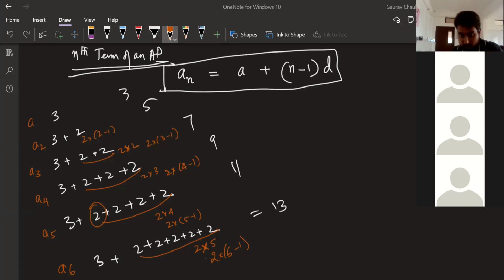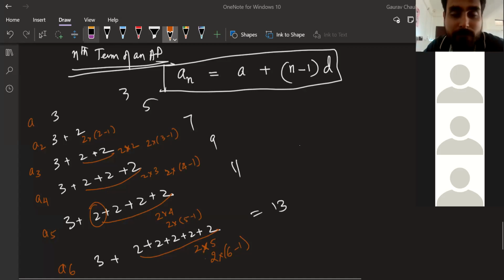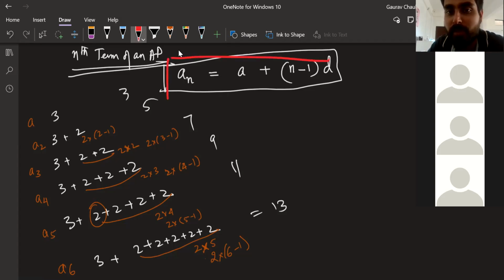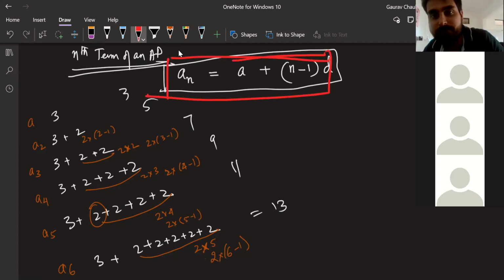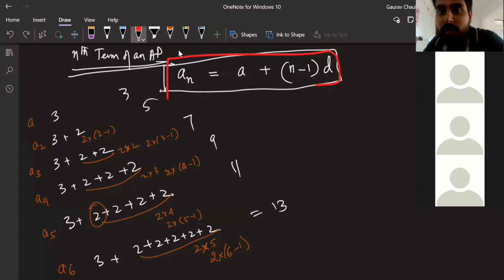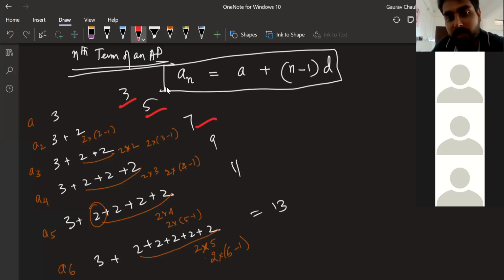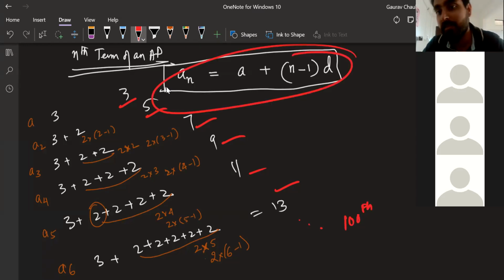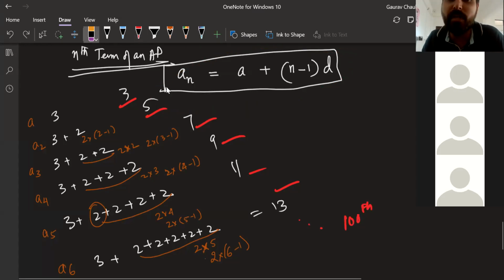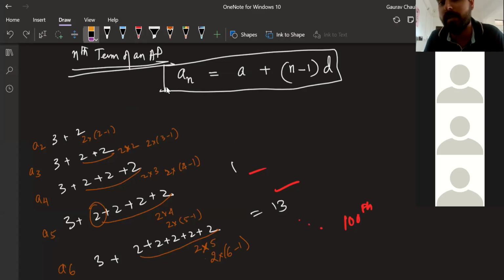So now here I would like to get an understanding from you how you are feeling about Mansa's formula. Okay, let's call this Mansa's formula. How are you feeling about this? How to find the nth term? Someone is saying, sir, I know this much, 3 5 7 9 11 13 and so on. 100th term what will be? Can you find by using this formula? That's what the formula is for, okay? We will not keep on writing every step till 100. We can just use this formula and find the 100th term, and we'll do that in a bit, okay?